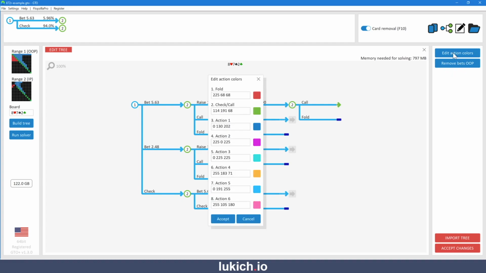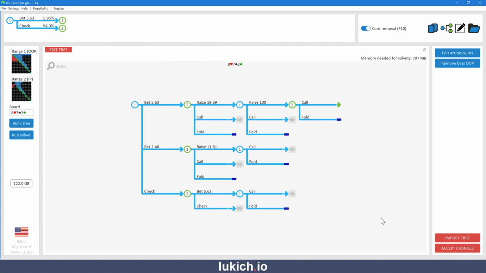or you can actually edit your action colors. So in this spot here, we have specific actions, and this is how it shows up on the editor. You can actually change these action colors, and all of these are in the RGB codes. You can change some of these, and I'll just put in 0, 0, 0. And you'll see the code just turns into black. So I don't know all of the RGB codes off the top of my head, but if you want to change some of those codes and make things look visually appealing, you can do that as well too. So I'll just cancel that, and when you're finally done with your changes, you can accept the